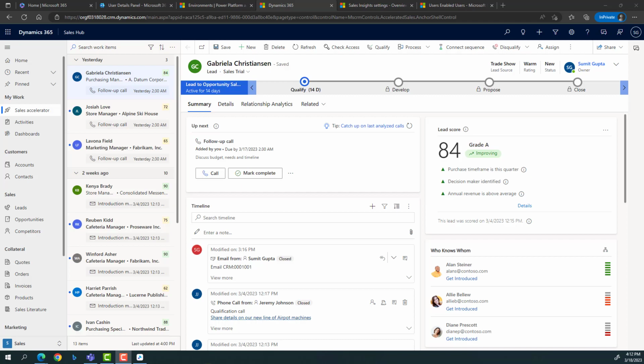Along with it is the sales accelerator, which is being highlighted on my screen at this moment. It uses AI-powered insights to prioritize your sales leads, based upon which sales lead has to be worked upon when. It helps the executive by suggesting the best time and channel to reach out to customers, and most important, providing more insight or relevant details or information